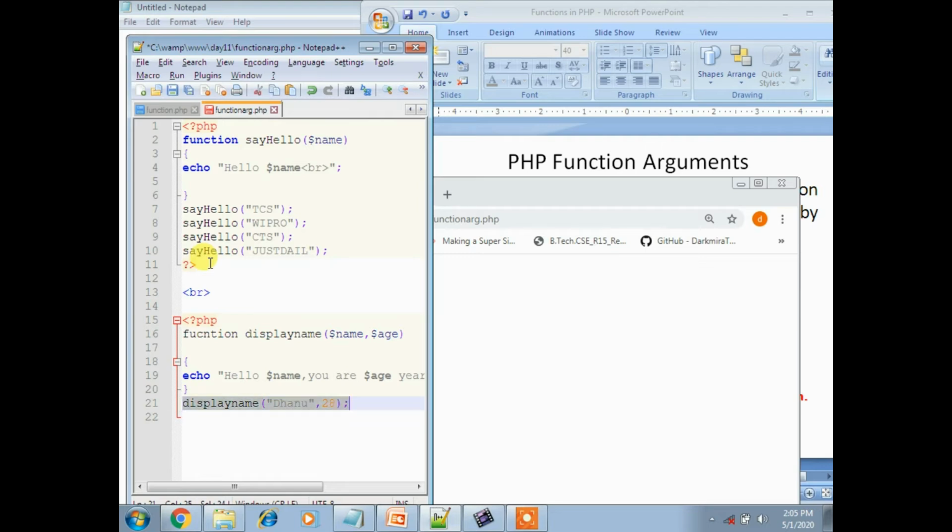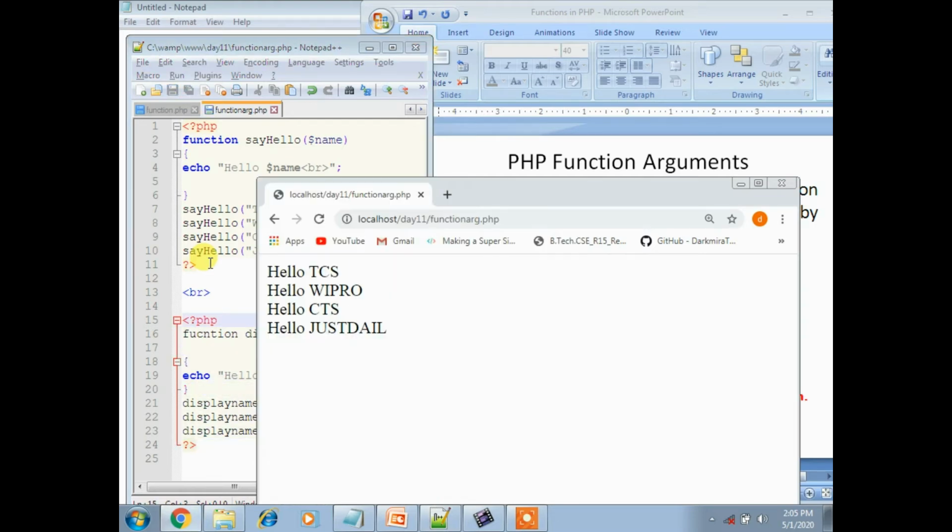In the same way I will call three different names, with ages 27 and 26: Danu, Dana, Dharma. Finally close the PHP closing tag. Now that's ended. Save this program and run this.